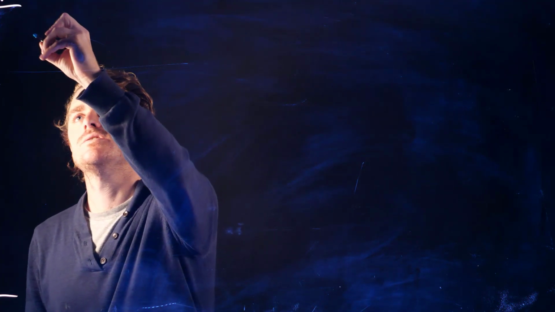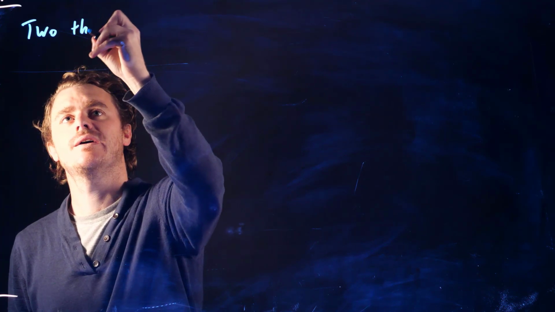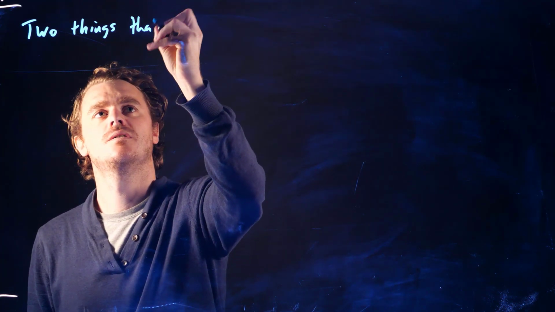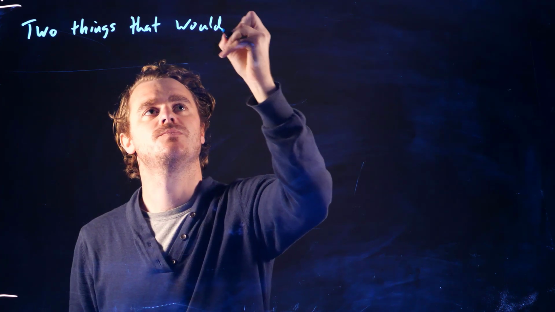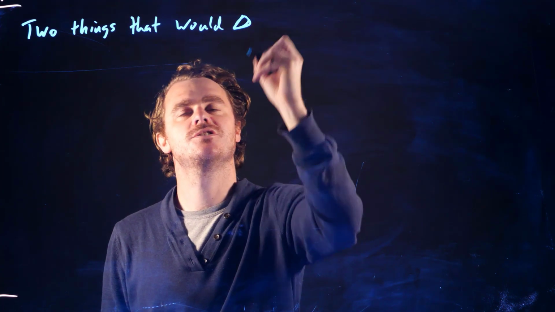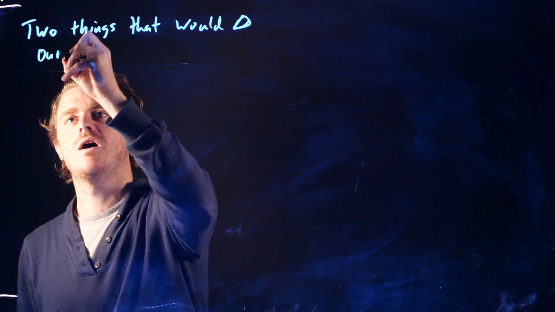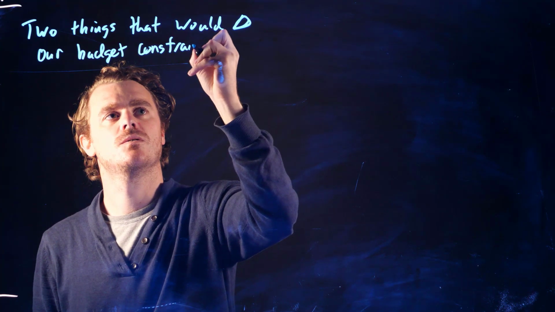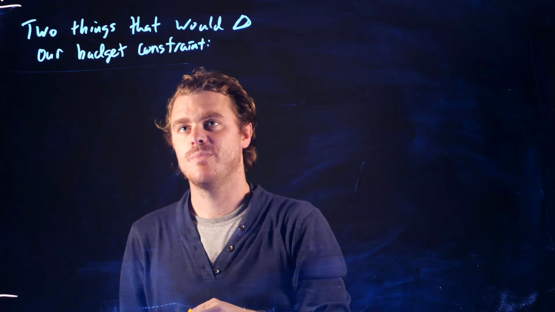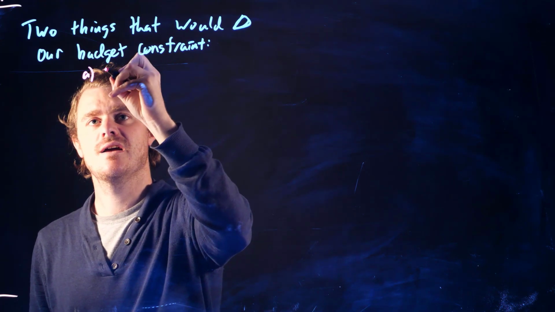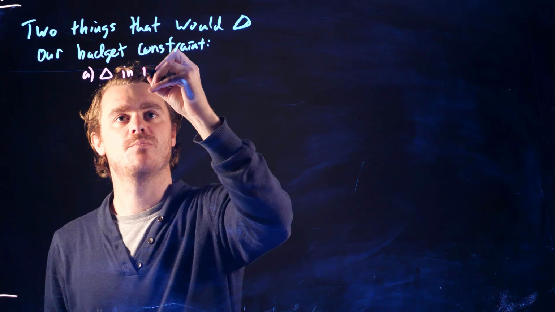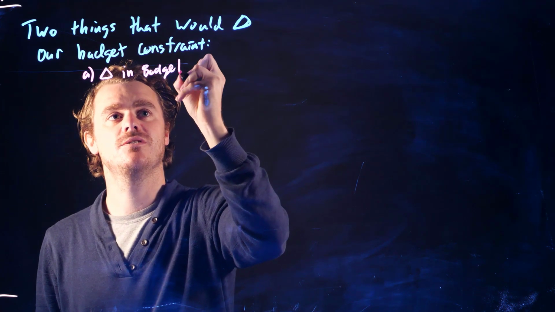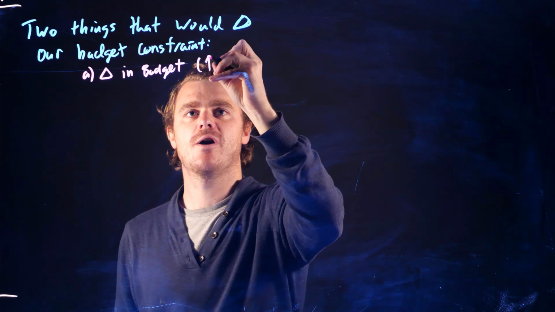So let's think of a couple different things that could happen to our budget constraint, things that would change our budget constraint. So two things that would change, I'll just put a delta for change, our budget constraint. So two things that would change our budget constraint would be a change in income or a change in the budget constraint in general. So maybe our budget goes up